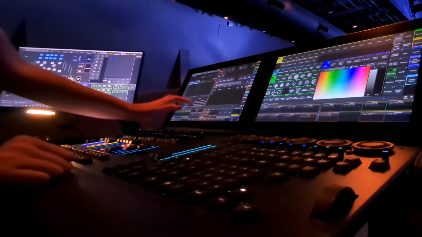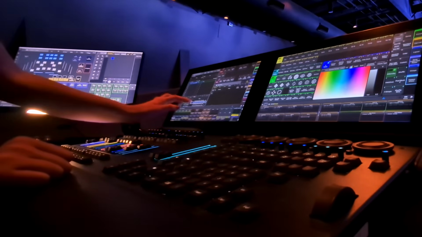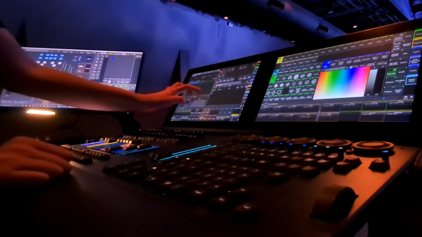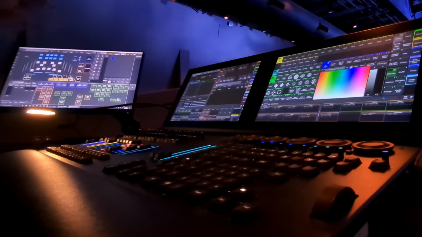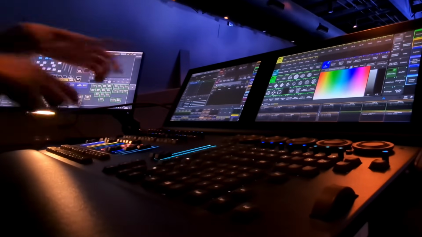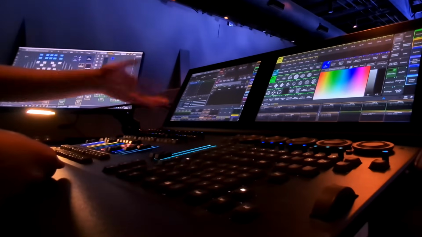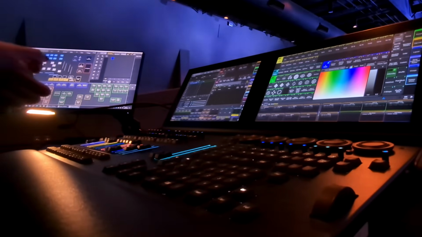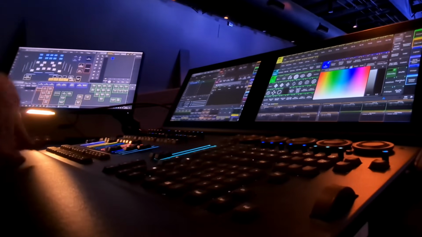I do program in recipes, so my cues contain data. Currently, the washes are at 100%, the spots are at 100%, and all this stuff. We have all of the fixtures set to a color preset called O Come, Emmanuel, and that is so that we can change the color, update the preset, and then if I do any color changes back and forth, they'll all be tied to that preset. We have a value that we can come back to the next time we do this song if we want to do that. I just find that this is the easiest way also to manage colors per song in recipes,